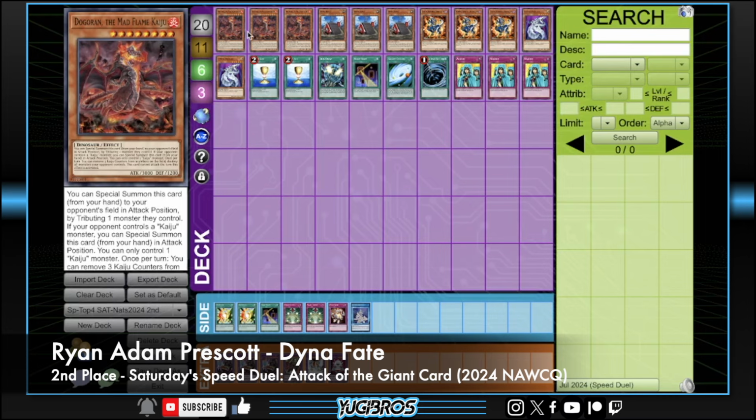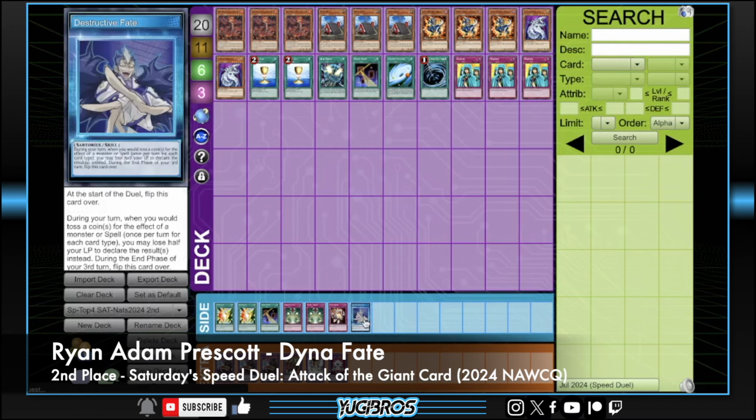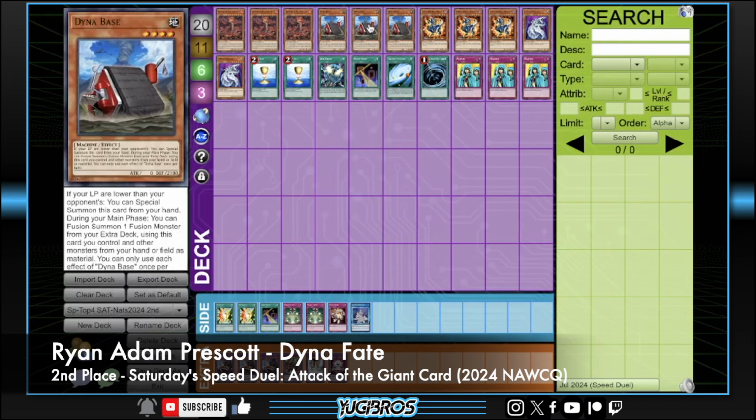So if you open 2 of these, you can put one on your opponent's field if they have a monster, and then special the other one for free. They're on 3 Dyna Base, which says if your life is lower than your opponent's, you can special summon this card from your hand, and theoretically it always will be because your coin toss effects will be triggered through Fate, and Fate will pay half your life to determine the result,